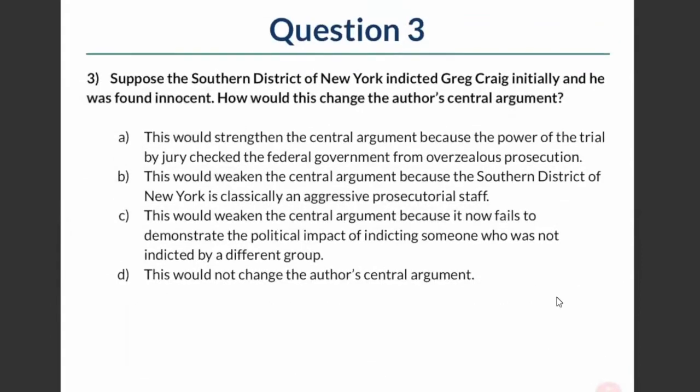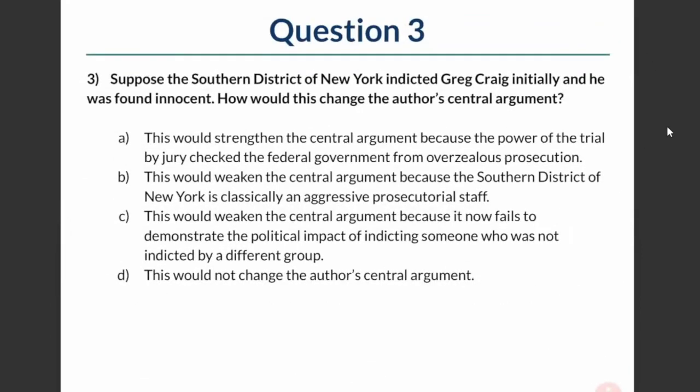Okay, so the Southern District of New York did not initially indict Greg Craig. So if we look back at our question, if Greg Craig had been indicted initially and then was found innocent, how would this change our central argument? This would strengthen the central argument because the power of the trial by jury checked the federal government from overzealous prosecution. Okay, well, we're suggesting a change in the argument the author was making, so even without reading the explanation,